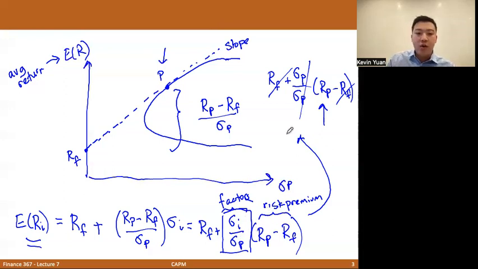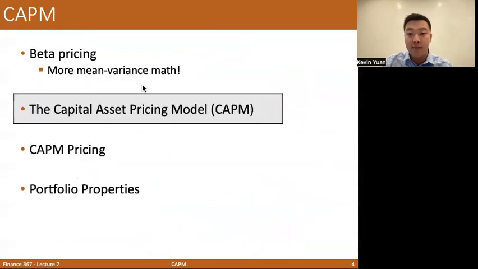Okay, so what I'm showing over here is just more mathematically and graphically how we price the return of any security I that lies on this line. All right, and that's a key point, that it has to lie on this tangency line. Okay, so we've talked about tangency portfolio P. The next question is, okay, if that's true, what does the portfolio P have to be? Right? We've just talked about this hypothetical tangency portfolio P, but we haven't really talked about what exactly